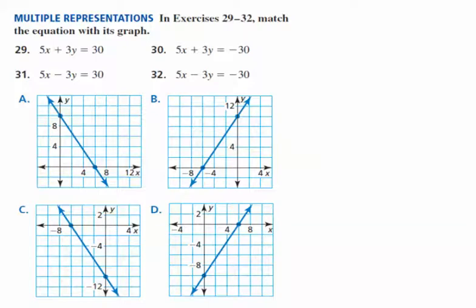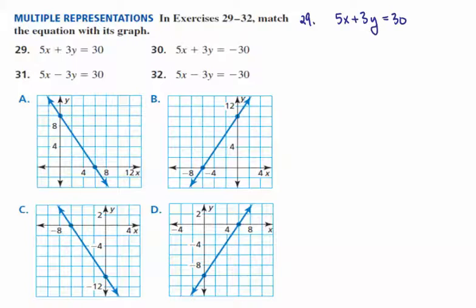Okay, in this video we want to talk about some of the remaining homework problems. We have 29 through 32. We want to match the equation with the graph. And the way we're going to do this is by using intercepts. So for number 29, we have 5x plus 3y